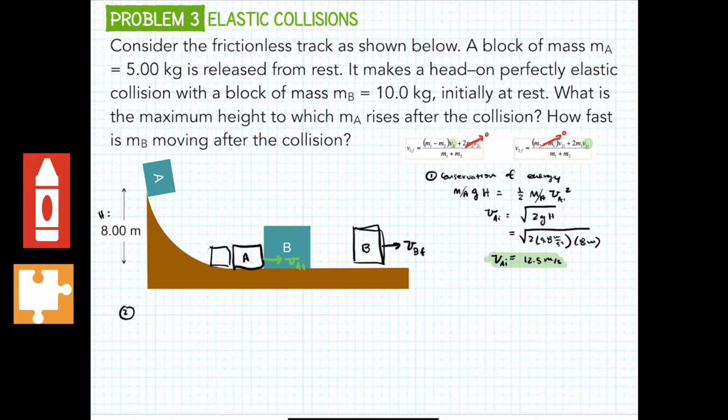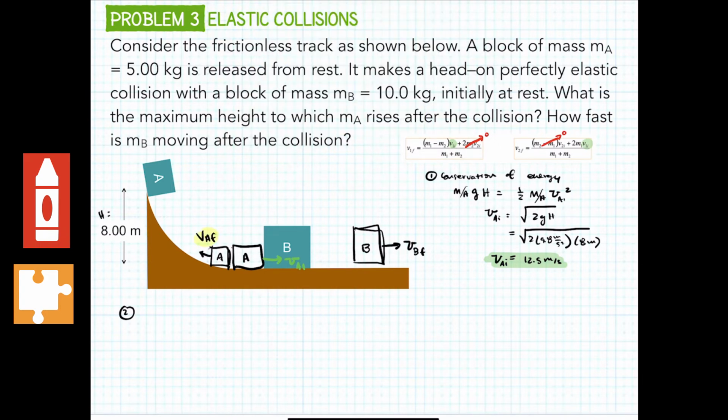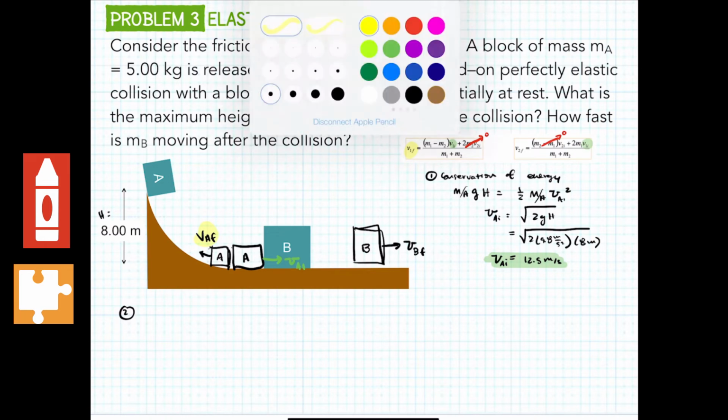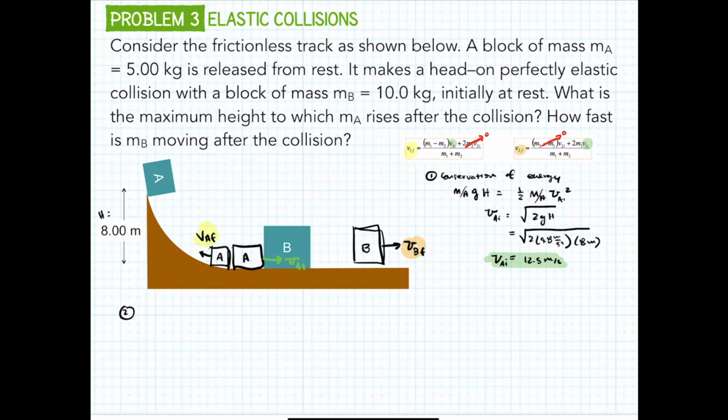So let's say there's an A over here, and that's going to be VA final. Okay, and just for clarity, let's say VA final is the same as V1 final. Just anytime you see a 1, substitute it with an A. And then VB final is the same as V2 final. Okay, so for this part,